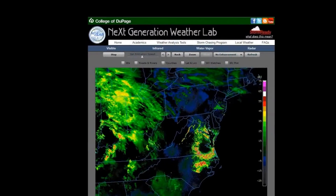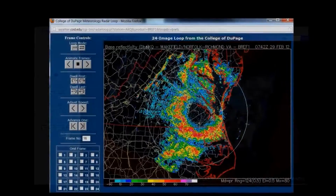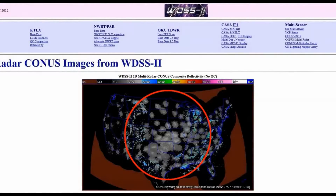You'll really enjoy a lot of these pictures because they are very high detailed, and you can go and verify whether or not storms hit these areas within a